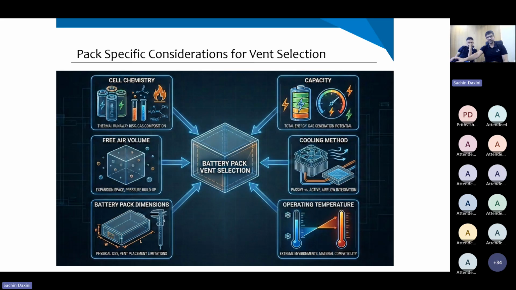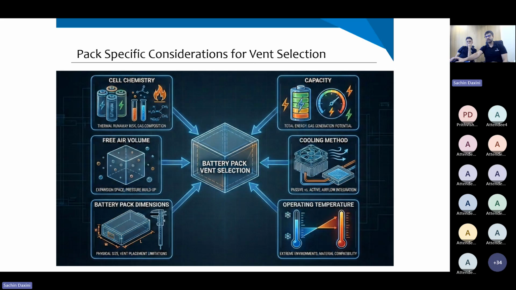So the first thing is, what is the cell chemistry? An NMC, for example, behaves completely differently than LFP, and we need to have a different venting strategy for this. The free air volume within your pack is essential to understand. Battery pack dimensions and its geometry are also an important factor. The capacity of the battery, what size of battery it is, how many cells, and what kind of design. Well, at least high level, we may not need to know the details, but a high level design helps us